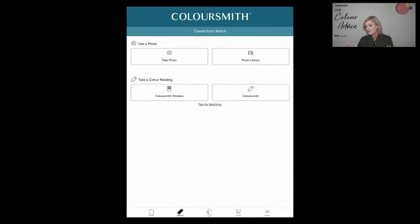And then you've got a few options that you can use. You can take a photo straight away and use it there, or you can go into the photo library. It will sync with your photo library if you like and find photos, etc., and you can choose what you want to do. There's also a Colorsmith window, but as I said, we're going to use the Colorsmith reader,